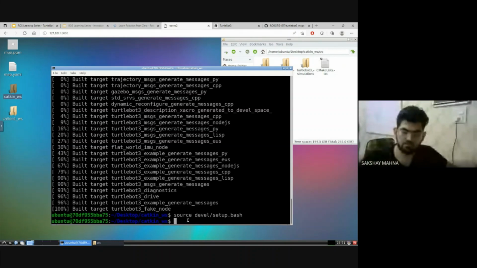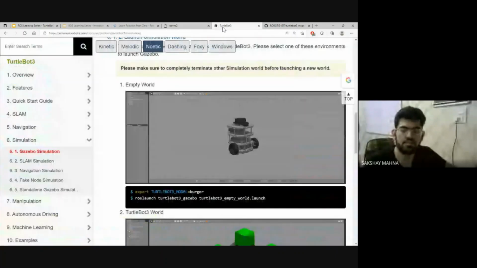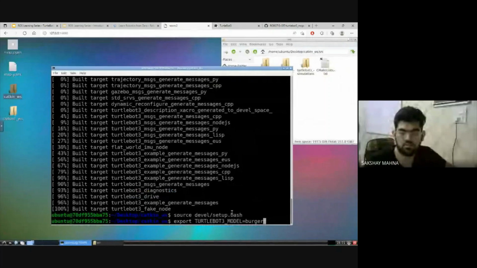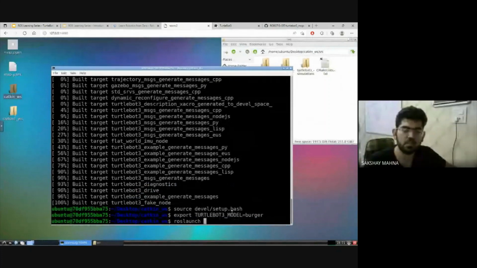This is the first command that we should be running, and we will be running it in the following as well. So the first command that they say is we need to set the TurtleBot3 model, which we are going to set over here. Let's just set it to waffle, right? And then that command is roslaunch turtlebot3_gazebo